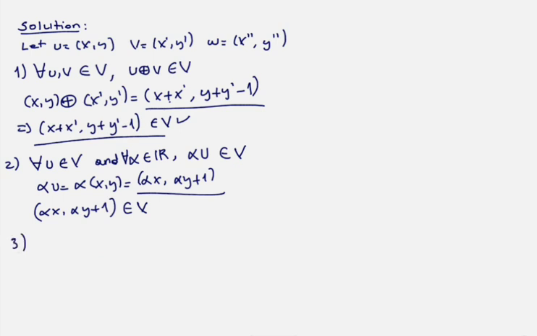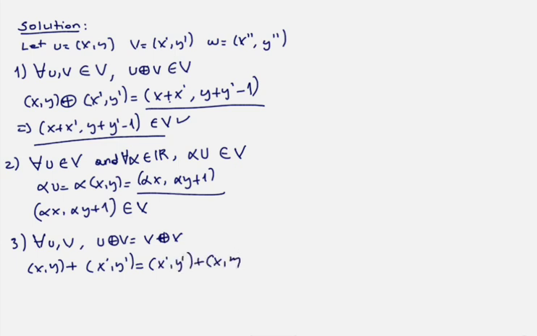ወደ ሶስተኛው ፕሮፐርቲ ደግሞ ስንሄድ ሶስተኛው ፕሮፐርቲ ኮሚቴቲቭ ፕሮፐርቲ ነው። ኮሚቴቲቭ ፕሮፐርቲ of addition: for all elements u, v, the vector addition of u plus v is equal to v plus u. ይሄኛው ነው ኮሚቴቲቭ ፕሮፐርቲያችን። ፕሩፍ ለማድረግ እናየዋለን: u ማለት (x, y) plus v ማለት (x', y'). v ማለት (x', y') ያው ሲገለበጥ ነው። ስለዚህ ሴም ነው (x, y) አለን ማለት ነው። ስለዚህ ይሄ ማለት x plus x' ነው።